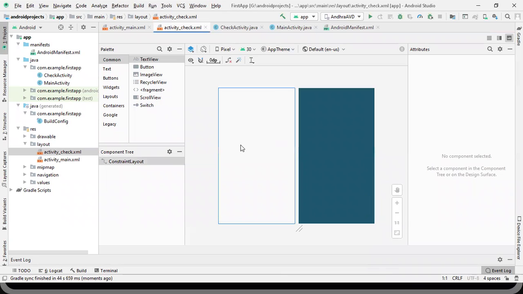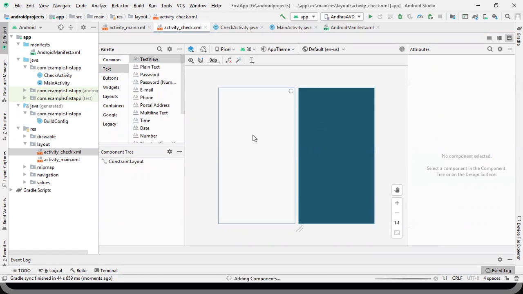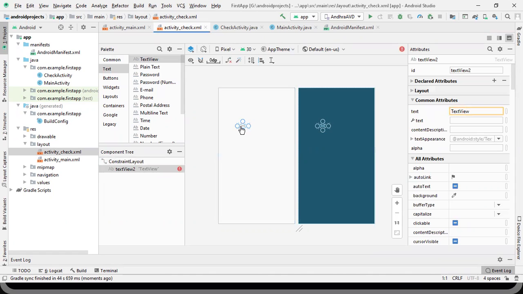Now it's completed, and suppose we have created a text view.